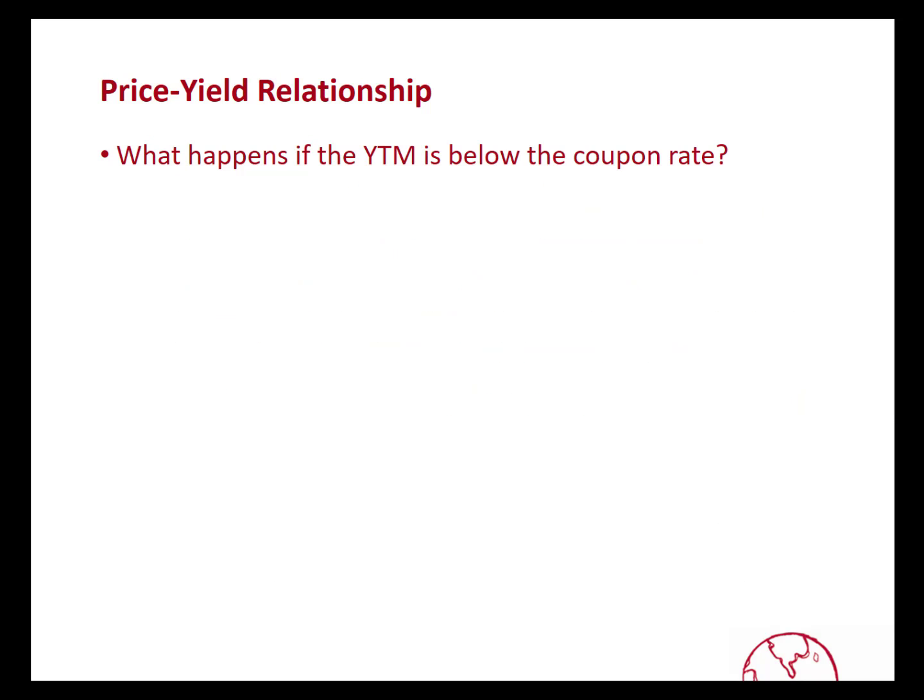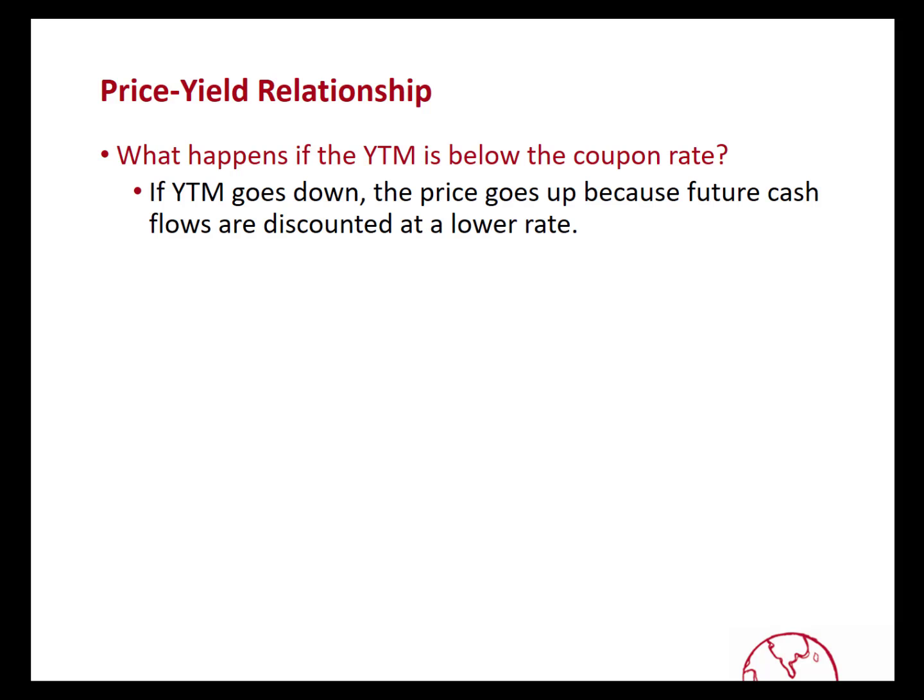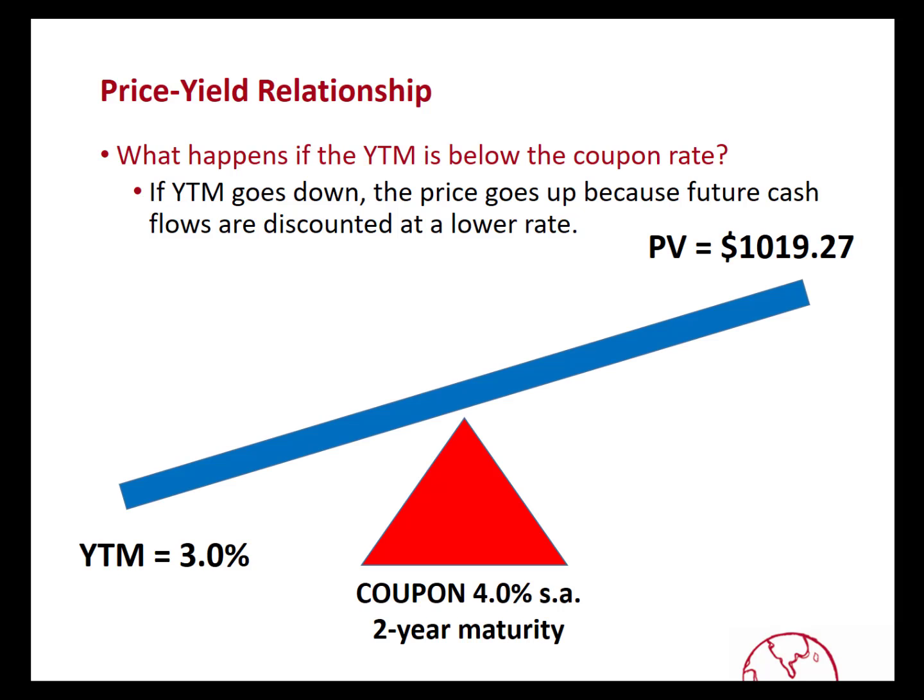What would happen if the yield to maturity is below the coupon rate? Remember the seesaw. Yield to maturity is up, price goes down. Yield to maturity goes down, the price goes up. Why? Well, when the yield to maturity is lower, it means that the future cash flows are being discounted at a lower discount rate. You can see that the price is going to rise up above par, and it's going to be